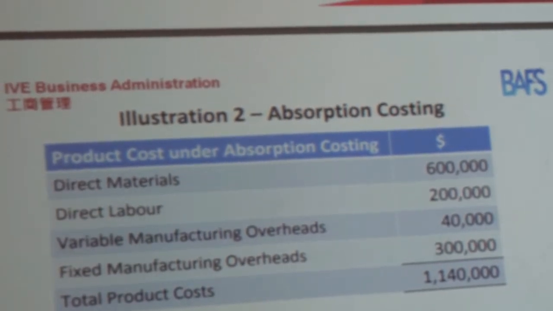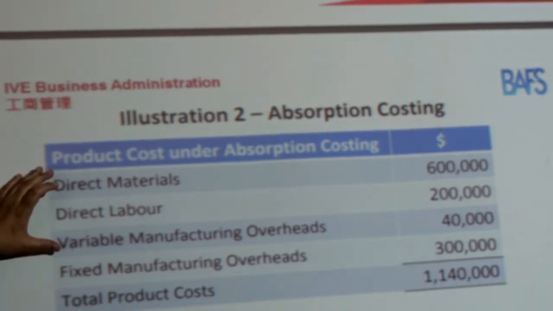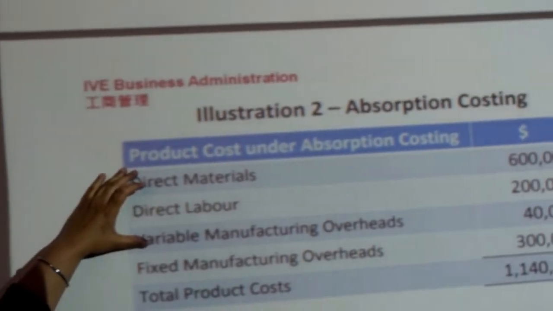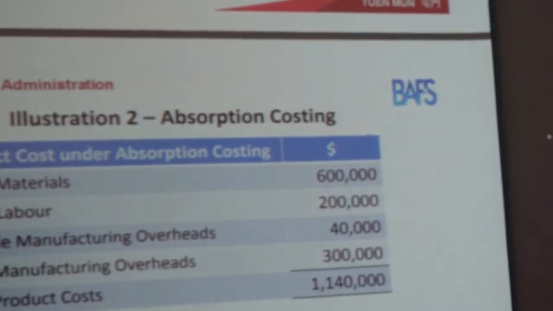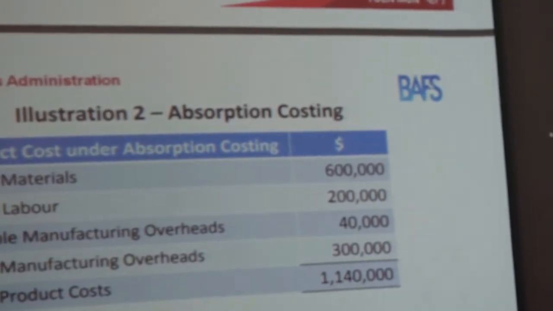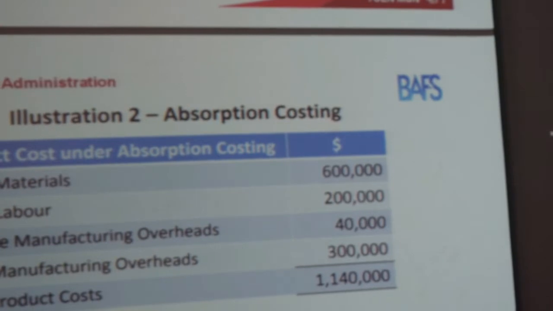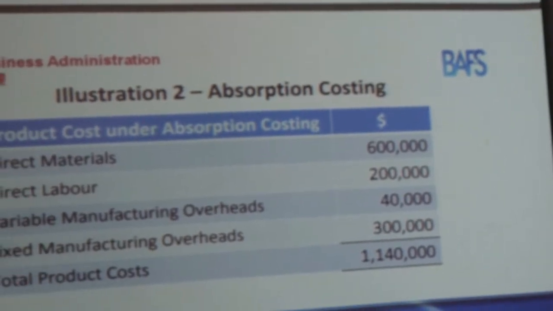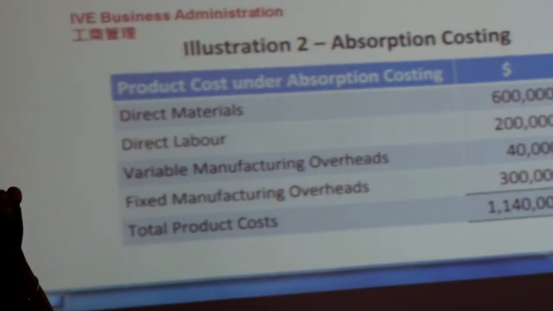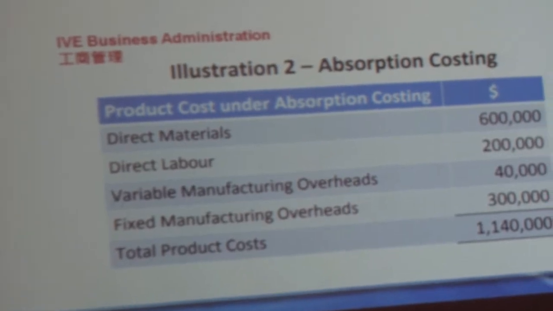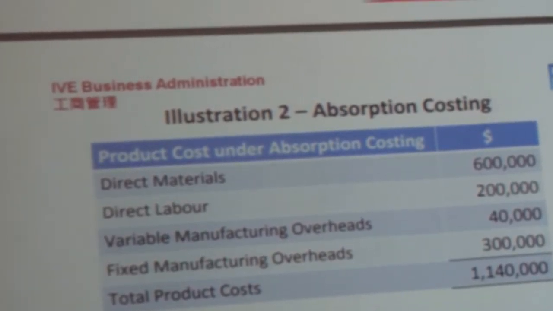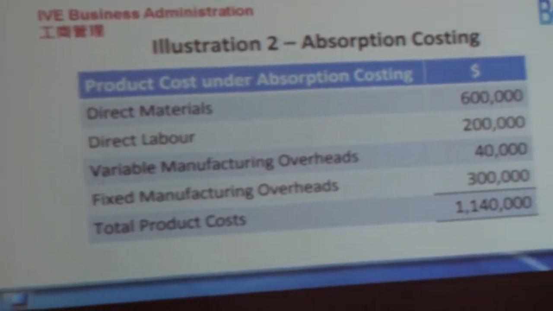Because marginal costing, like the other name says, is variable costing. It only concentrates on the variable elements. Whereas absorption costing, also known as full costing, takes into consideration the variable and the fixed element as well, in relation to manufacturing. Absolutely. Just to understand the final bit of it, I would just say how we tell students to understand